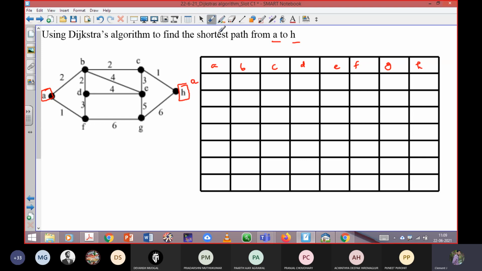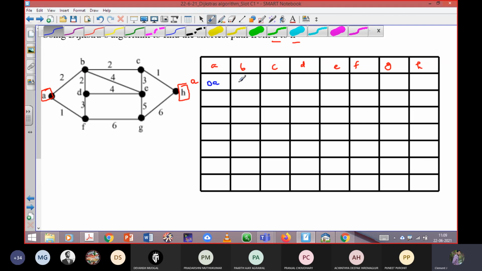Listen carefully. So here, in this case, A to A, it has taken 0 distance. Okay, the preceding node which you have traveled through A vertex. So I always prefer to use this vertex label as the preceding vertex, from which vertex it has been traveled through. Okay, next. From A to B, it has taken 2 distance. So I need to mention here 2A. Listen carefully. If any doubt arises, please you can ask me.